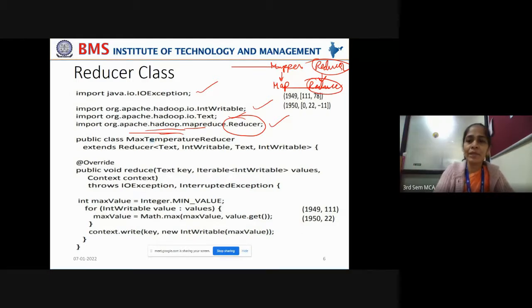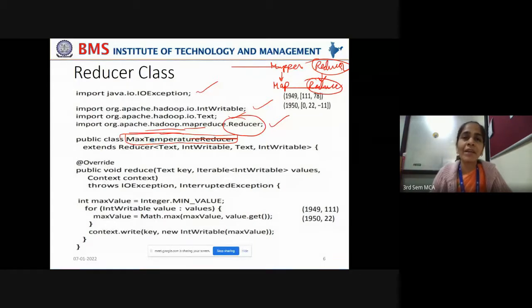Once you import this Reducer class, we can extend it in our Java class. So you are now writing your new reducer class, which is called MaxTemperatureReducer. Now your class name is MaxTemperatureReducer.